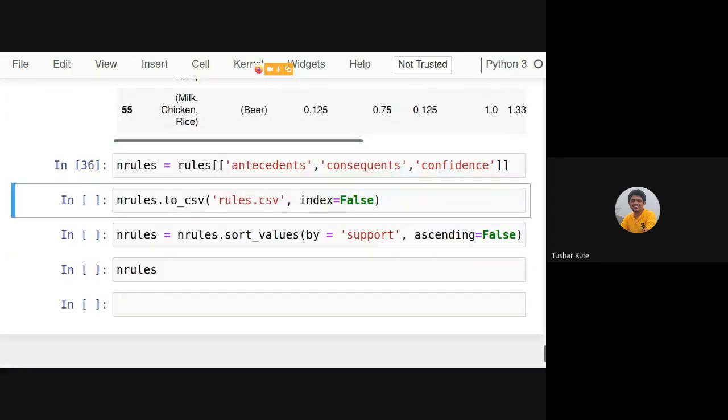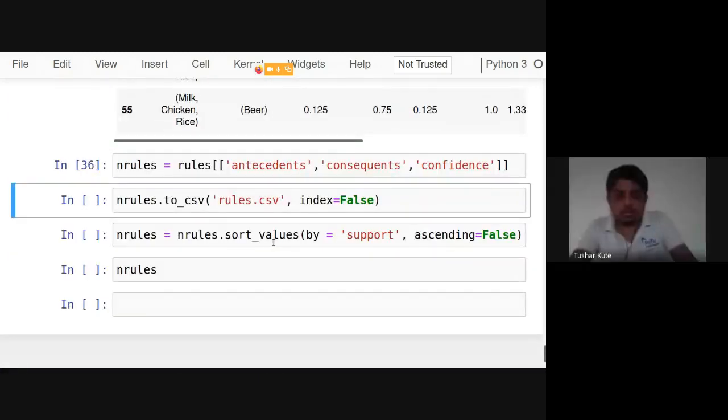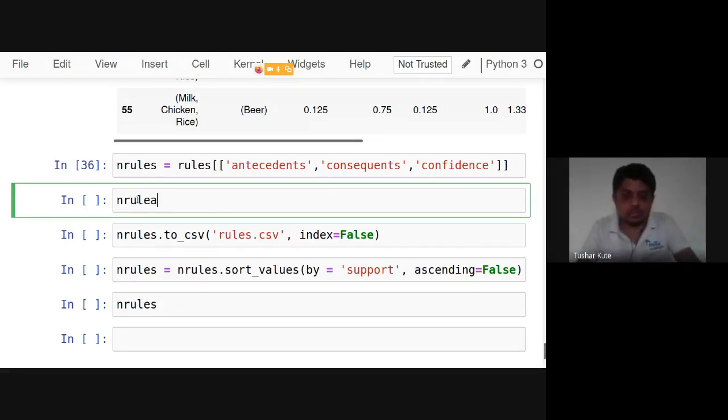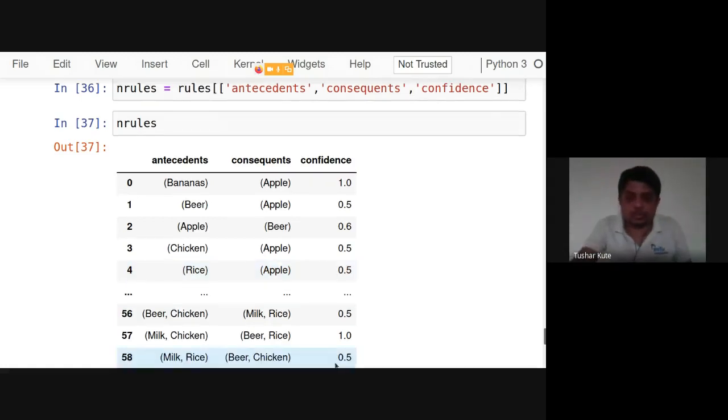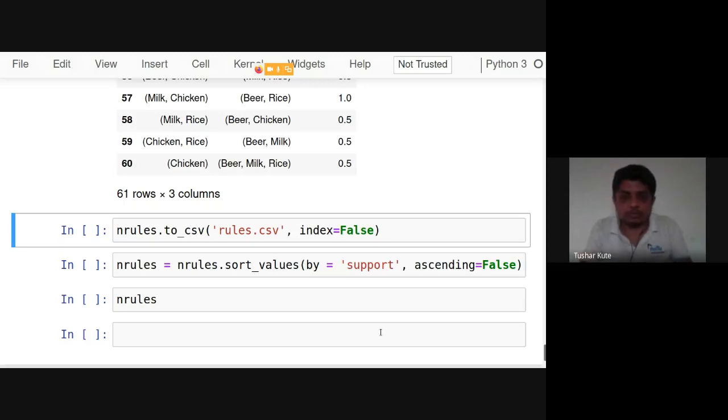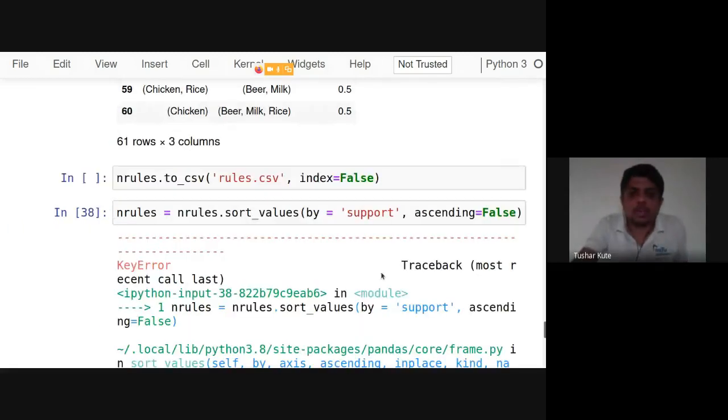Okay, even I just want only 3 parts of it. Like I want to have the rules with their confidence. If this, then that, and their confidence is this. So you decide what you want. Even I can again apply another filter by which I can check above that confidence level I want. Above only 70% confidence level I want. That's also possible. So number of rules I got, and even I can sort them by the support also. See this. Oh, what's the problem?